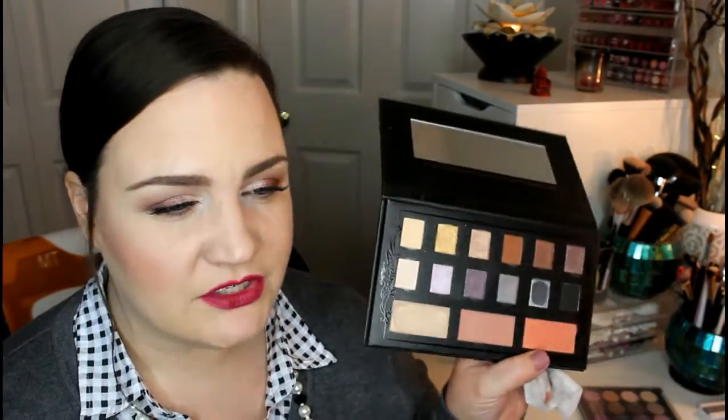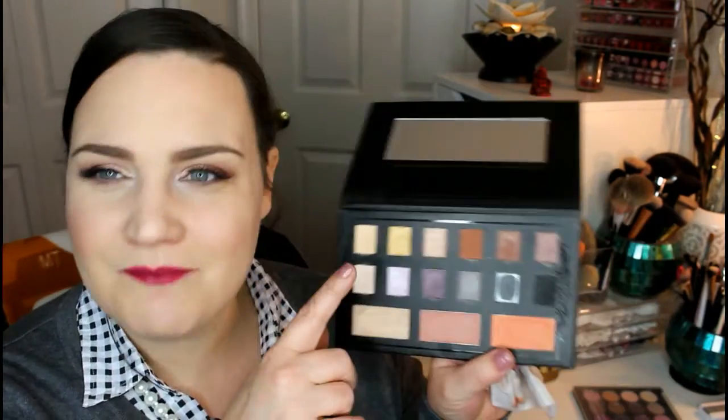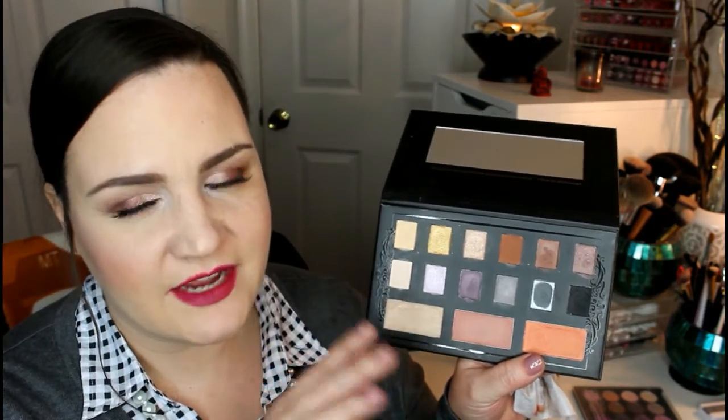If you just like these kind of earth tones, these mauve tones, again, you get these matte highlight shades. I appreciate they give you a pinky one and a yellow one. They are workable. Again, I'm wearing them today. They went on just fine, but when you swatch them, they're not going to be that impressive, which you'll see